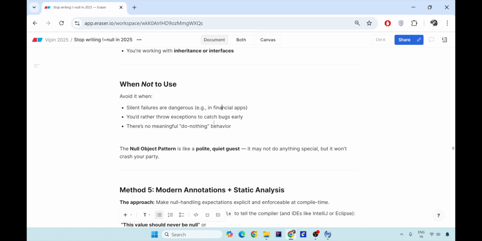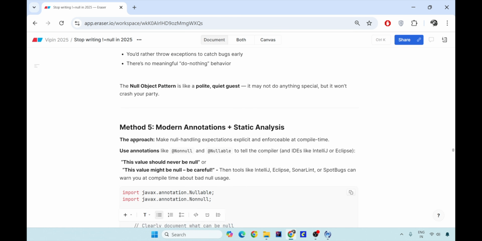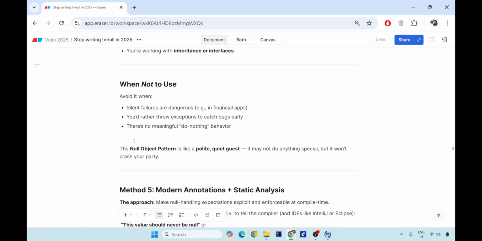So where there is the need for fail fast exceptions, this null object pattern becomes an anti-pattern. Where you want to throw an exception and catch early bugs, this is also an anti-pattern. And when you do not have any default behaviors, for example, you don't want to give them the name as guest, no do-nothing behaviors, no defaults, then don't use it.